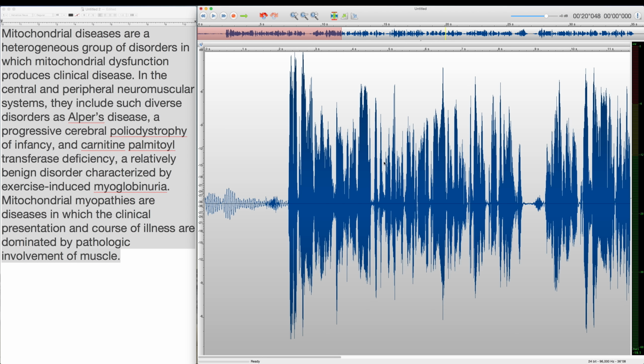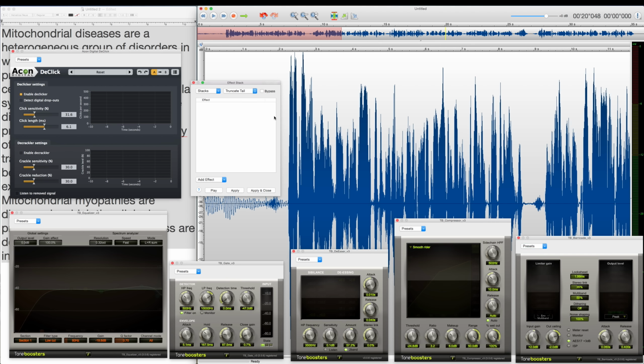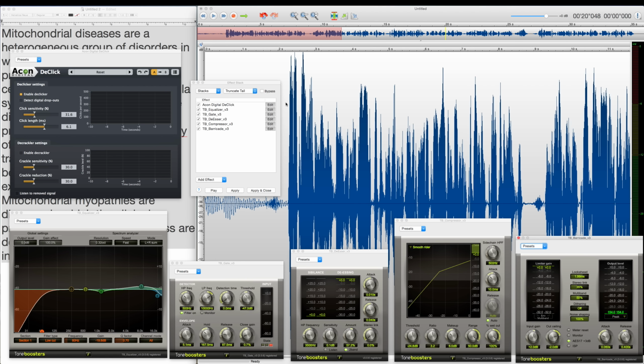But first, I have an effect stack that I want to apply. And I've spent a lot of time adjusting this thing, and I've applied a keystroke shortcut to this thing so that when I hit F15 on my keyboard, it just pops all of them up. And these are not free processing systems. This is from Acon Digital. I use it to get rid of some of the more subtle mouth clicks that I produce as I'm recording, and that's quite helpful. I have an equalizer that takes off a lot of the low end of my voice and some of the plosives, the P sounds that come in, and I've just sort of tweaked some of the rest of this stuff, and I really have no advice for you on adjusting EQ.